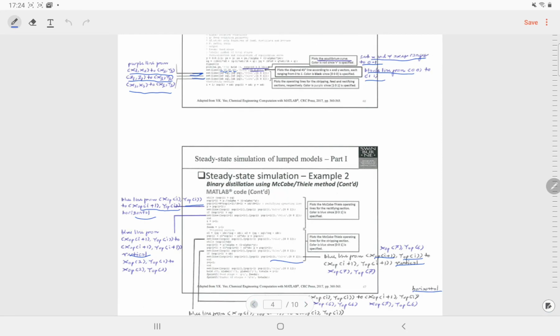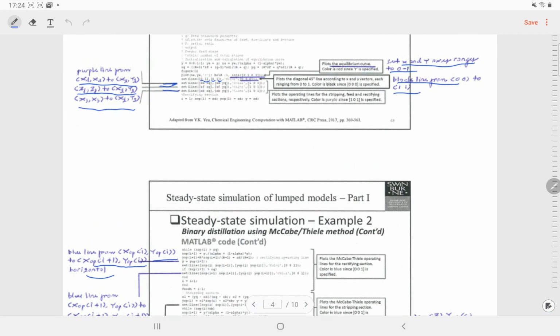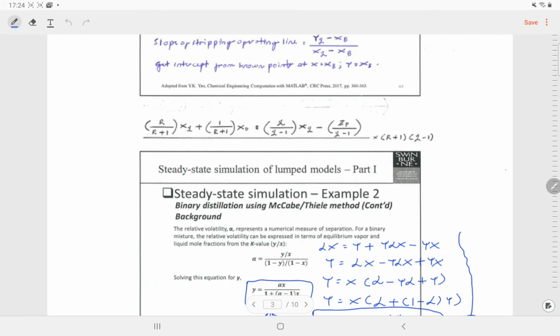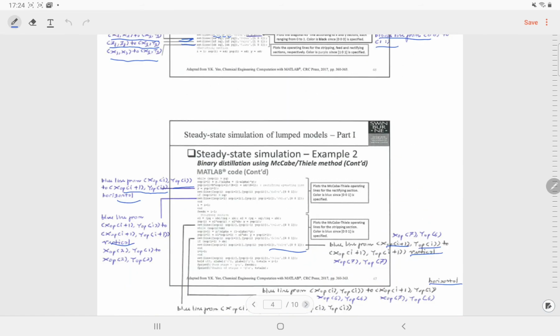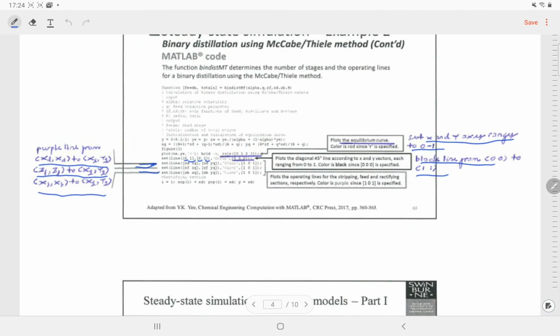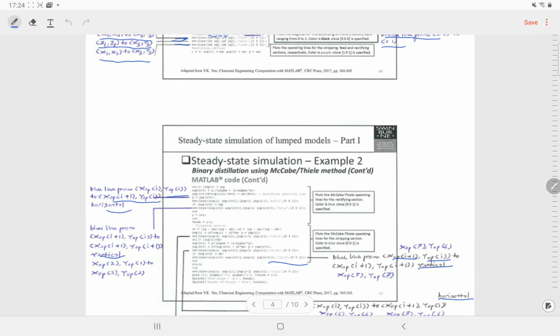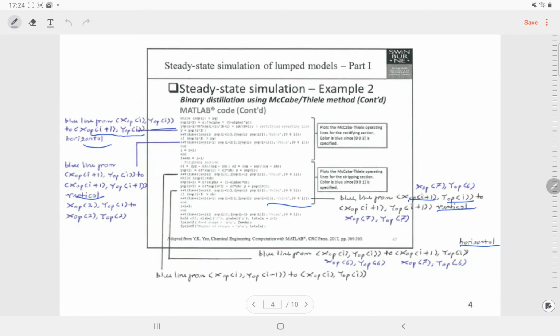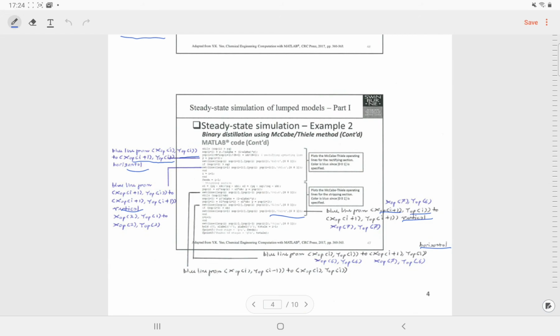Okay, I know that this MATLAB code is a bit more challenging than the first MATLAB code given for the absorption column, but it's actually not a very difficult code. You just need to digest everything slowly, and I have given the explanations along the code itself for you to be able to understand.